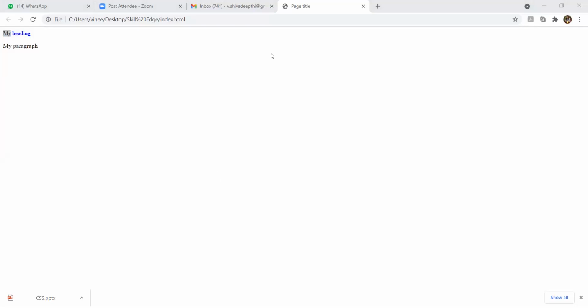So as of now, is it clear till here? Just I have taken a H1 tag here and I have applied CSS for this in the style type. That's it. It's a simple one. Don't get confused. So if you have any doubts here, just let me know. If you're not getting any code or anything here, just let me know. So hope you got it, and I'm continuing with the class next one.